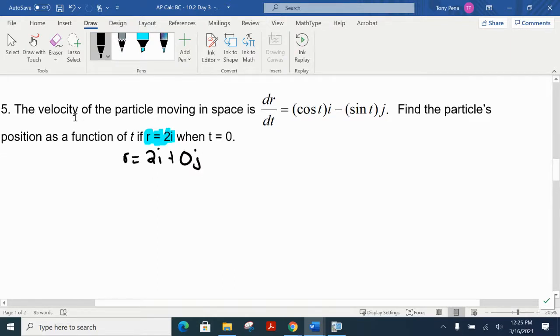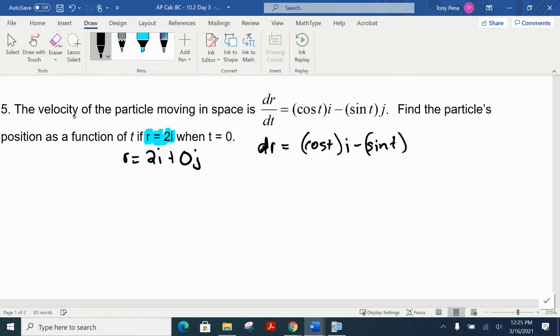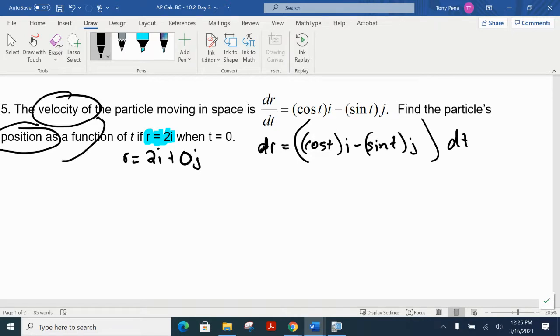So here's how we want to do this. First thing we technically want to do is multiply the dt over. So we're going to have cosine of t i minus the sine of t j, and then the dt gets multiplied over. It ends up being the coefficient of both. We'll say coefficient, but it's on the back end of it. Since this is our velocity, same process we would have thought before, and I'm asking you for a position. We're going to go from velocity to position. Then we need to do the antiderivative of these. The antiderivative of 1 dr would give us r, which is good because that's our vector. Our position vector r of t would equal